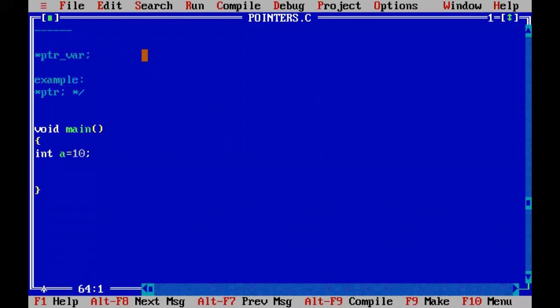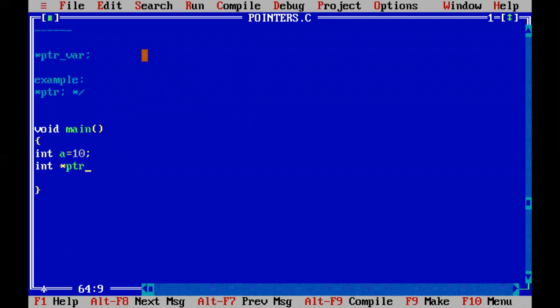Now, like how you stored the 10 value into a, in the same way I want to store the memory location number of a into another variable. Which will store that memory address? A pointer variable. How to create a pointer variable? By using the star followed by PTR. I am creating the PTR of type integer only because a is an integer type.